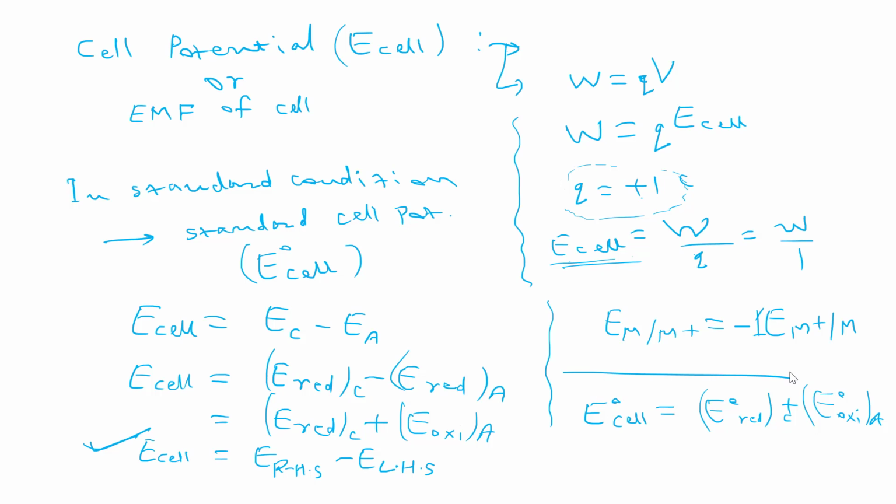You cannot take here the reduction potential of cathode and oxidation potential of anode in different conditions. You have to take them in the same condition, like if it is standard condition, these are also in standard conditions. Okay, now we are discussing what the standard conditions in thermodynamics are. You can remember these standard conditions also, these are used in this chapter as well as in thermochemistry. So what conditions we are taking as standard, we are mentioning here.